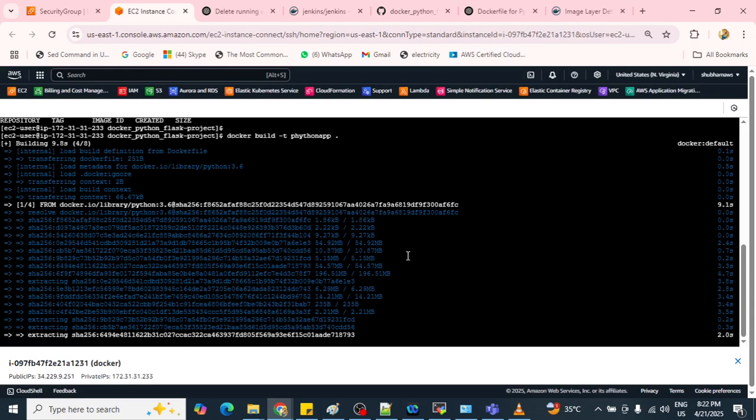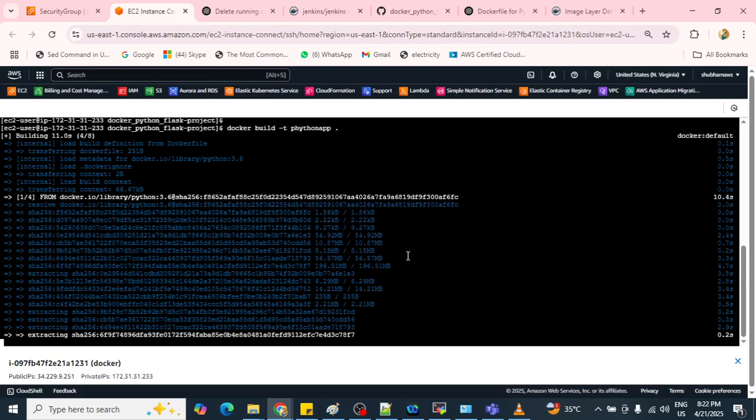In that particular image, you will see that it contains the OS plus the application also. OS plus application also.